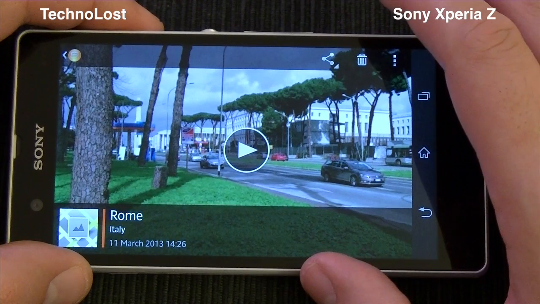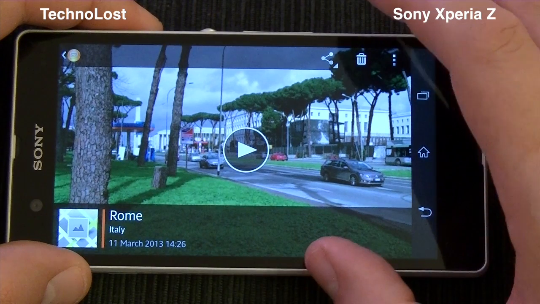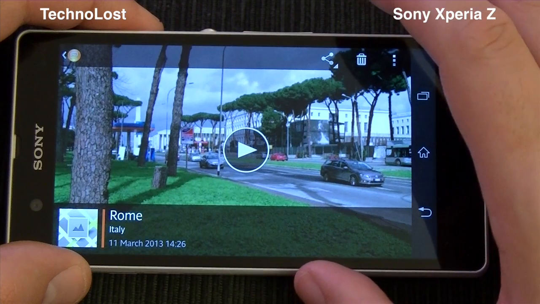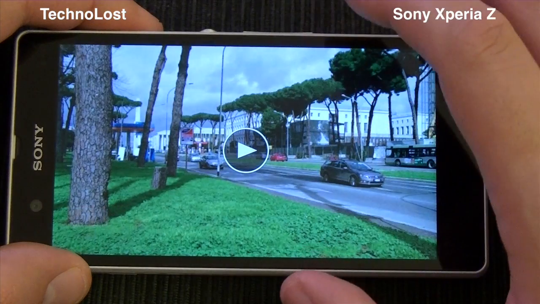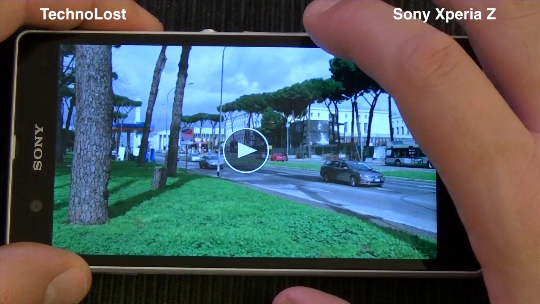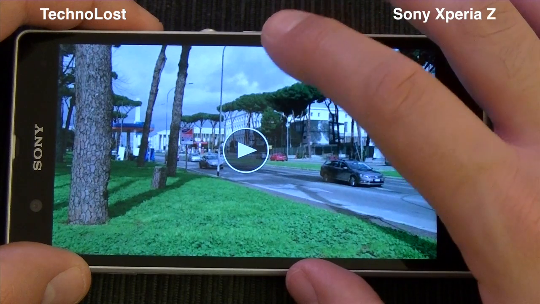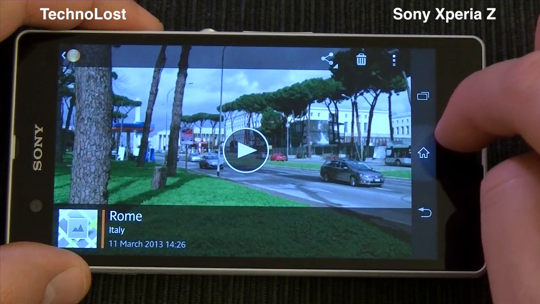We have 128 kilobit per second recorded at 48 kilohertz, so it's a very good quality, and you can hear it both from the speaker of the device, or even better if you use headphones. Really stunning audio for what concerns video recording. So now let's get back to